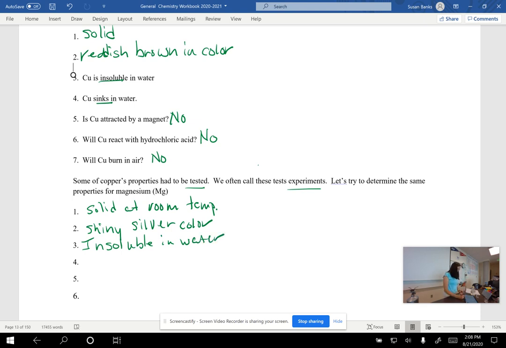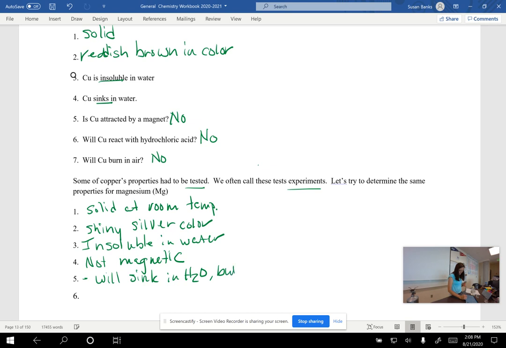I will also tell you, because I don't have a magnet here, it's not attracted by a magnet. So it is not magnetic. And it will sink in water,